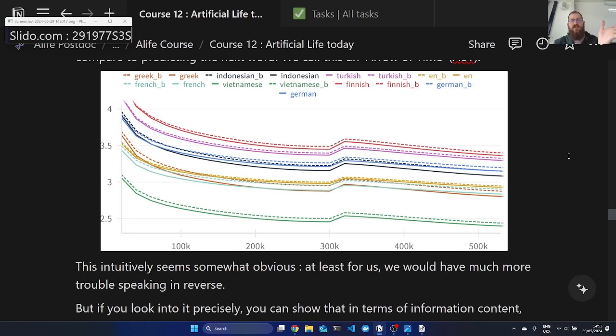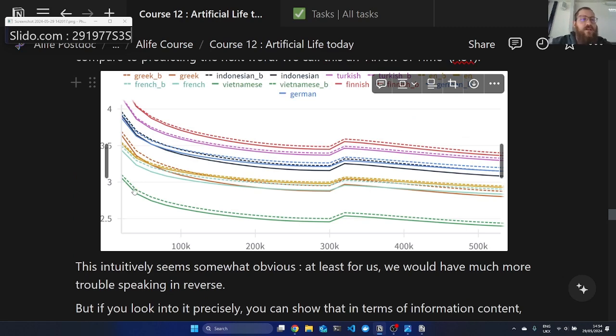The most interesting thing is that if you do this for different languages, different language datasets, it seems to be completely universal. It does not depend on the language. Every language displays this kind of arrow of time effect. At first this was surprising, because I thought maybe there are some languages where you organize the words differently, with the verb first and then the subject instead of the opposite, and that might invert the effect. But it's actually not true.